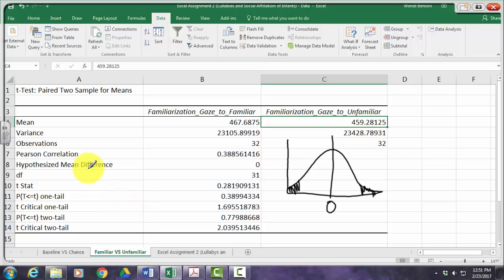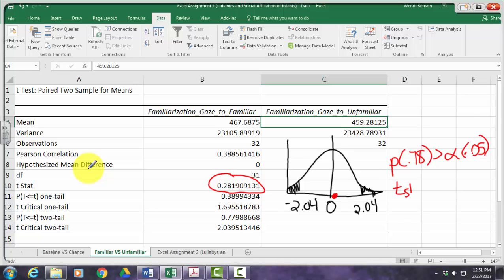So the t-critical on the right side would be 2.04 if we're going to round, and on the left side, the negative side, 2.04. And you can see that this t-stat of 0.282 is like here-ish, right? Nowhere near the critical region. So not only do you know that you don't have a significant difference because your p of 0.78 is greater than your alpha of 0.05, but you also know this because your t statistic in step 3, if you did it by hand right here,